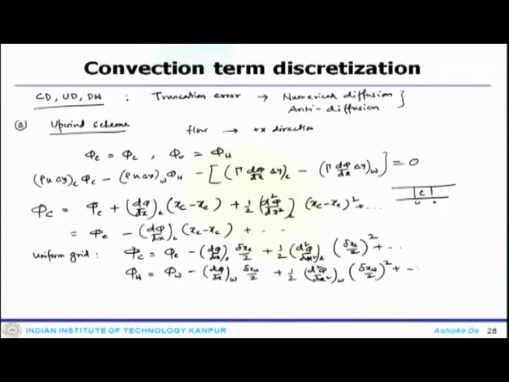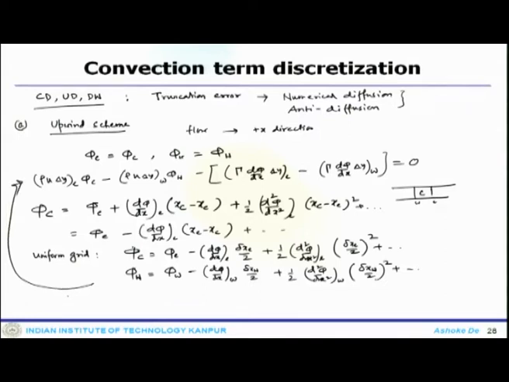Now, we are removing the higher order terms. Now, once you use this expression in the equation,